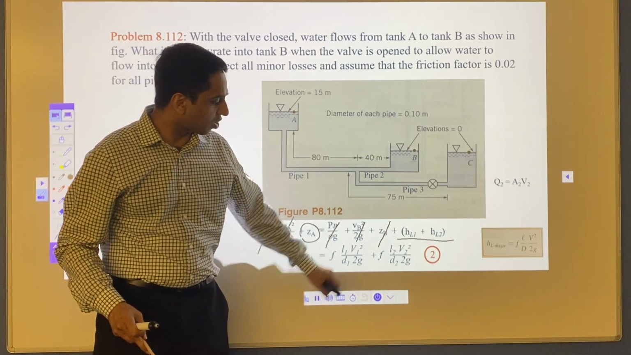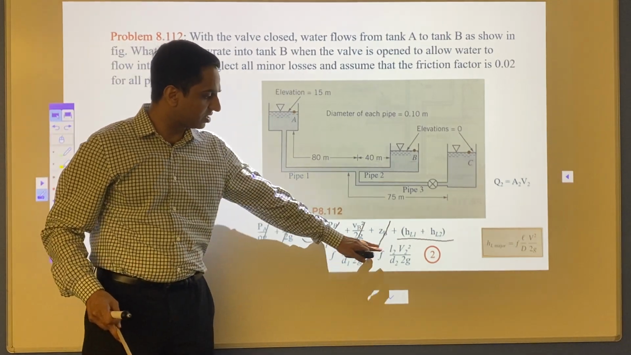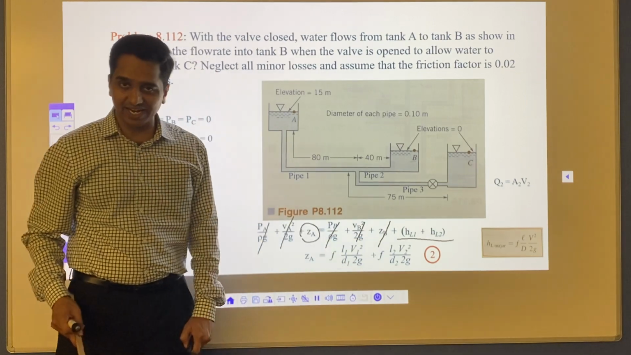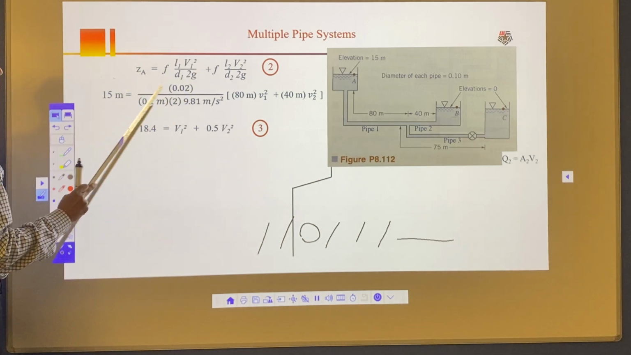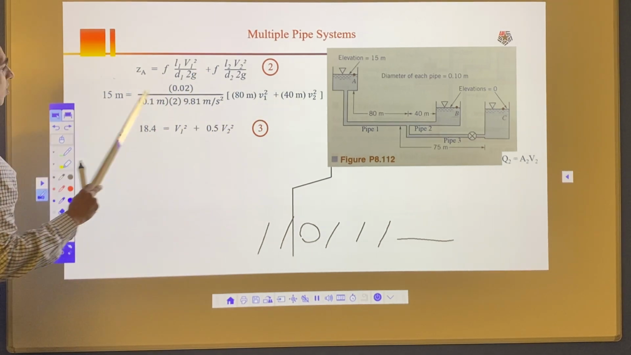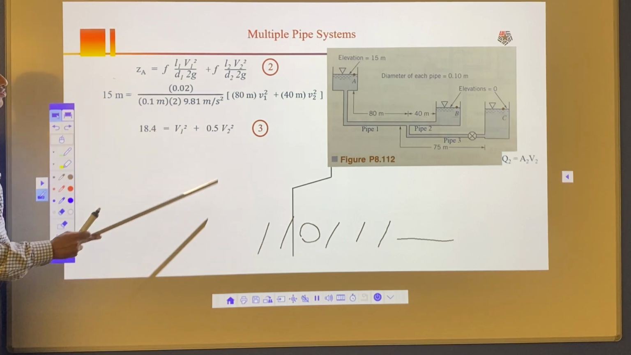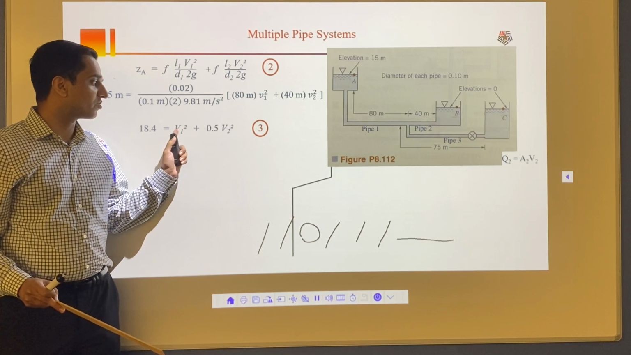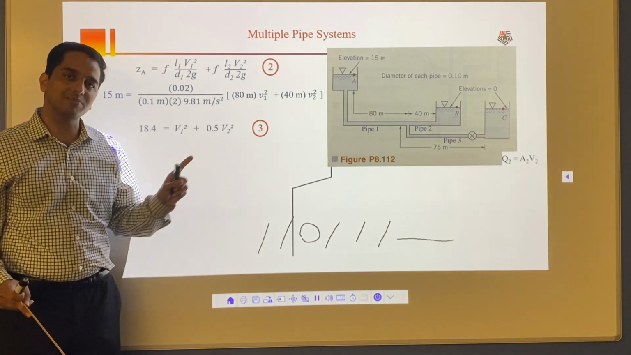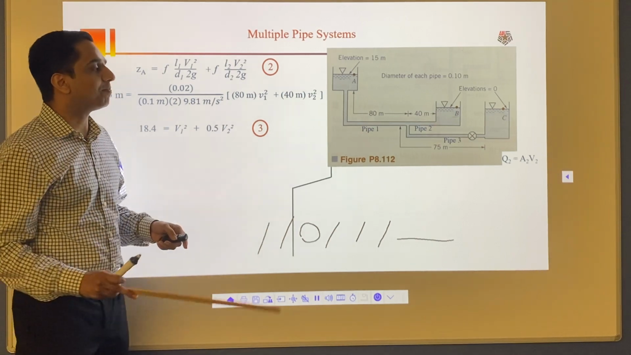And then I'm going to solve this equation. I'm going to put some numbers in, the length, the friction factor, diameter, all that, and solve this equation number 2. Once I solve it, I'll get something like this: 18.4 V1 square plus 0.5 V2 square. Still, I don't have V1, so I cannot calculate V2. So I'm going to keep it as equation number 3, and then I'm going to move on to apply Bernoulli's